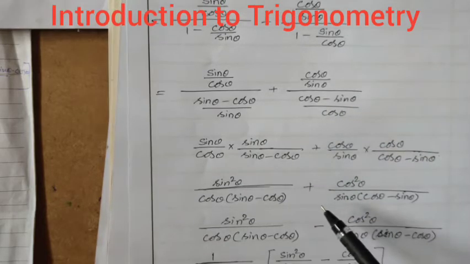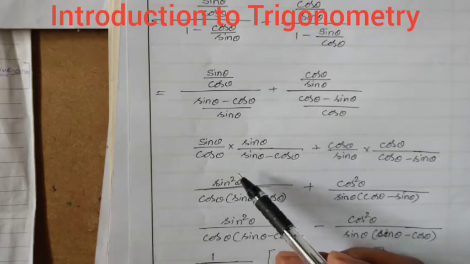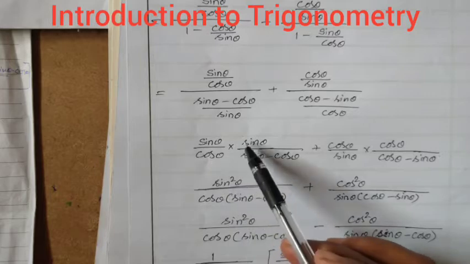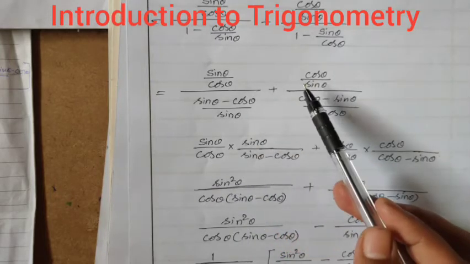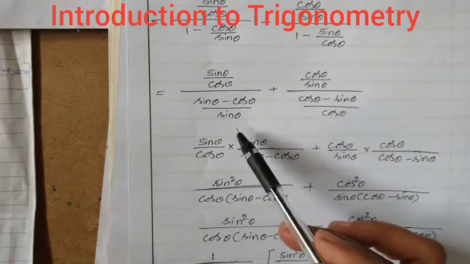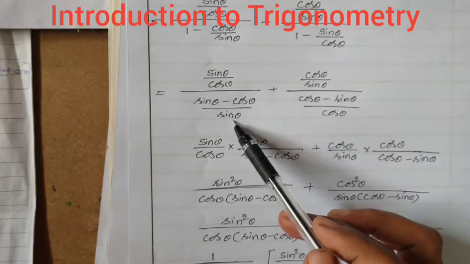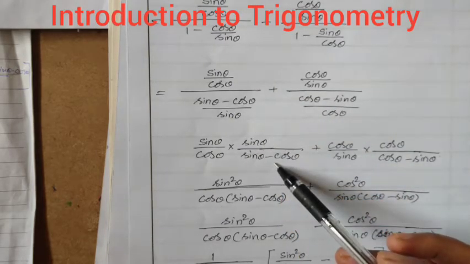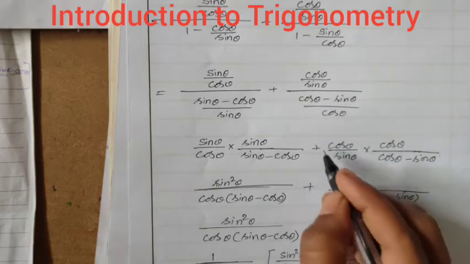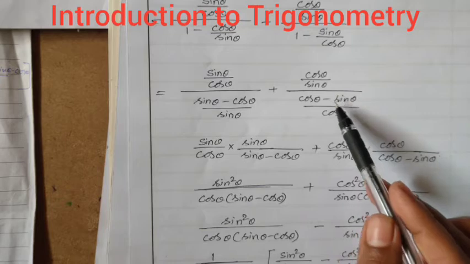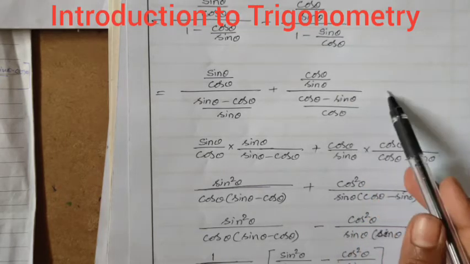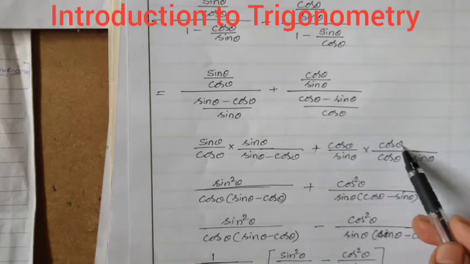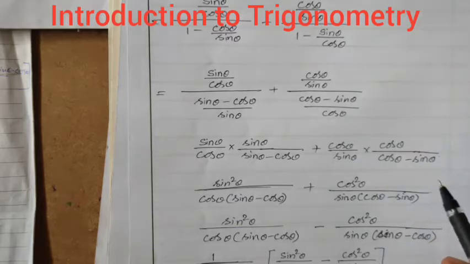What is the next step? So in the next step what I am doing, I am taking this denominator into the numerator. So numerator is sin theta by cos theta. What is the denominator? I take it to the numerator side. That becomes the reciprocal. Okay, so sin comes to the numerator and sin theta minus cos theta comes to the denominator. You write the plus term here and again you take the denominator term into the numerator. It becomes a multiplication term. It becomes cos going to the numerator and cos by sin comes to the denominator.